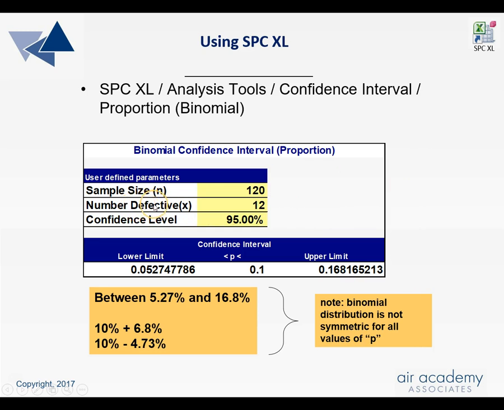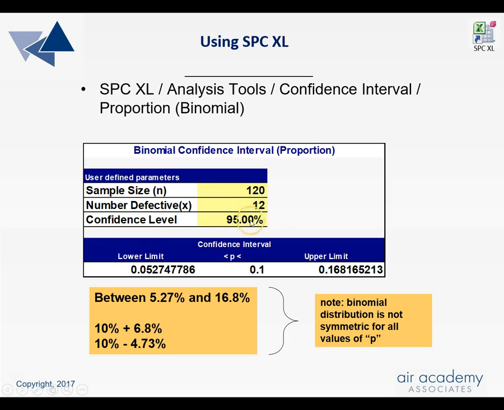This could be any category of interest. In exit polling, the category of interest was the group that voted yes on the proposal. So 12 out of 120 vouchers were defective in the sense that we found errors, and we want a 95%